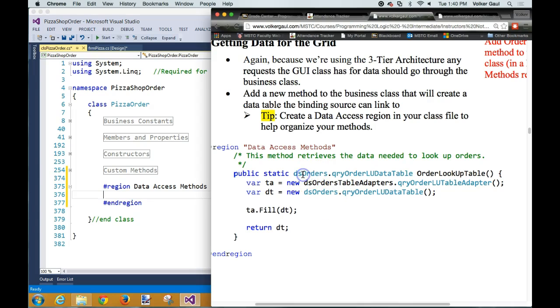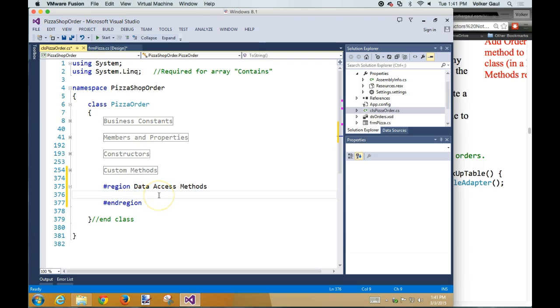This data set, DS orders, is what we just created using our XSD. Inside there, we just created a query order lookup table adapter. The query order lookup table adapter is automatically connected to a data table. Holy cow. So let's start and explain that again a little slower. Public, so that my GUI can get to it. Static, meaning every single instance of a pizza order uses the same method. They share it. Then what does it return? It returns a DS orders dot